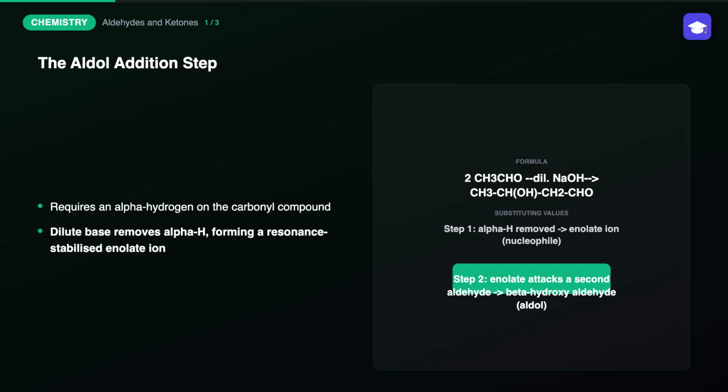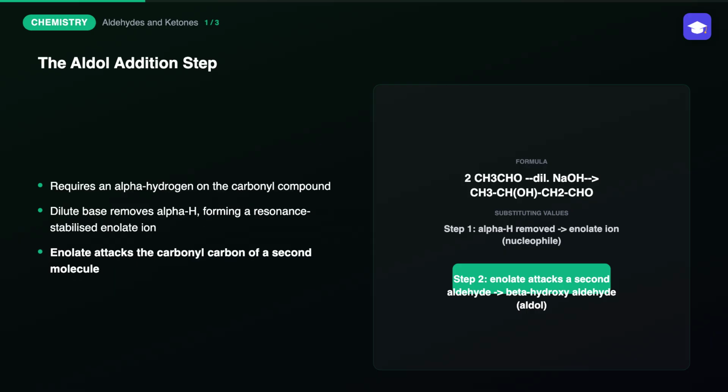very first step. In the presence of a dilute base like sodium hydroxide, the base removes an alpha hydrogen, generating a resonance stabilized carbanion called an enolate ion. This enolate then acts as a nucleophile, attacking the electrophilic carbonyl carbon of a second molecule of the exact same aldehyde